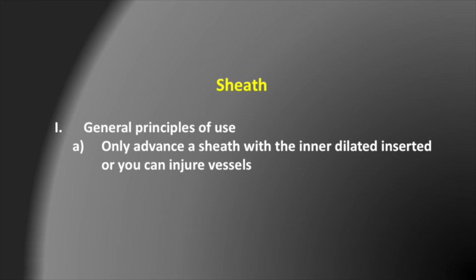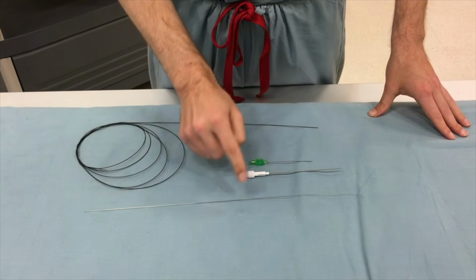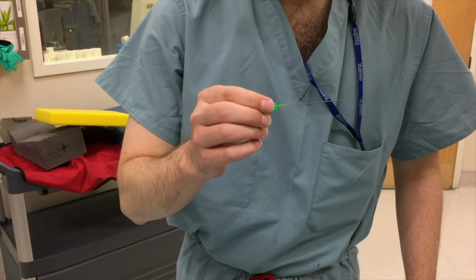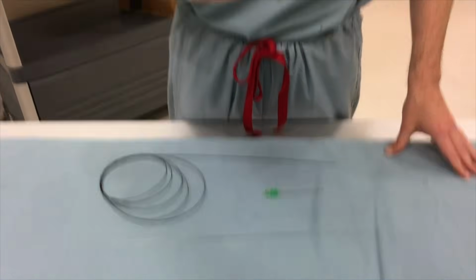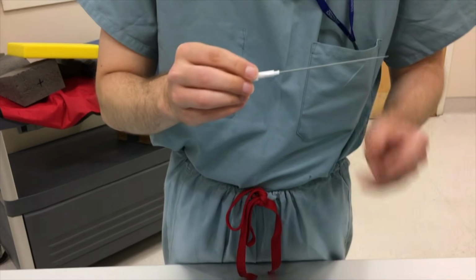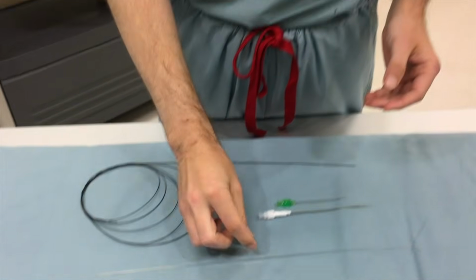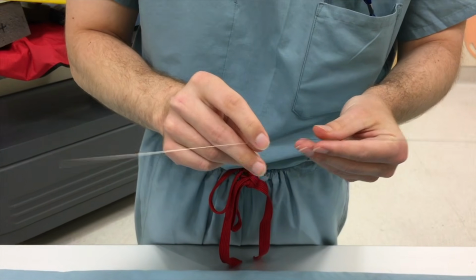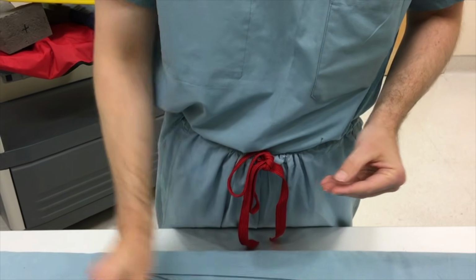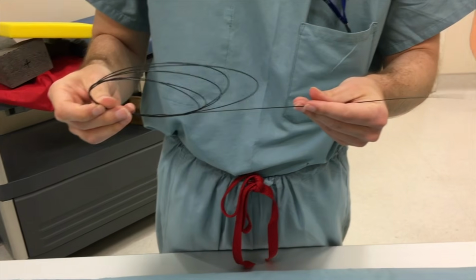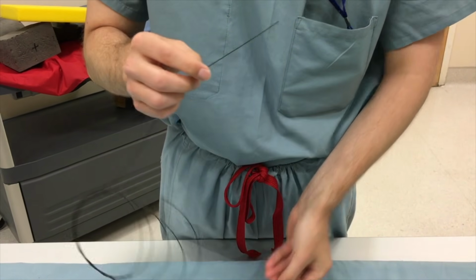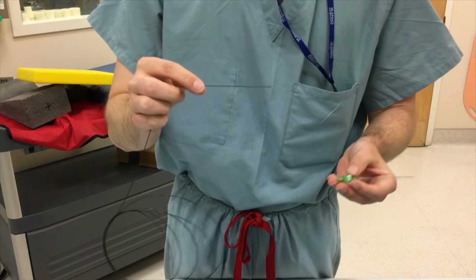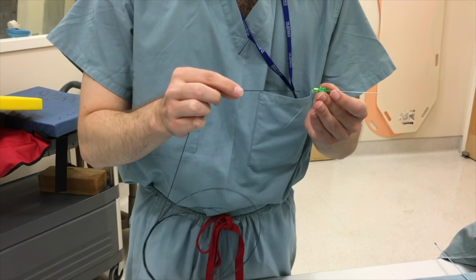All right, now I'm going to do a real brief video demonstrating the diameter and sizes of a sheath, wire, and needle, and how these are used to your advantage. So these three tools are from a micropuncture set. This is a 21 gauge micropuncture needle. This is a 5 French catheter. And there's an end hole here where wires can go through this. This is a 0.018 inch wire, and this is a 0.035 inch wire. So you'll see if you try to put a 0.035 inch wire through a 21 gauge needle,